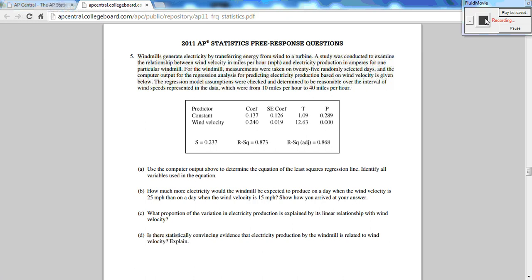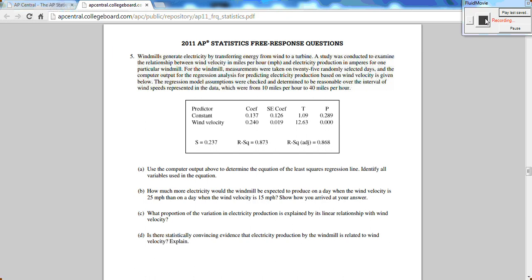a little surprised to see that so many people, despite having seen this question several times, had forgotten how to read this particular table. Now, if you are having trouble, there's a little section called Regression on the Computer on page 188 of your textbook that says the slope and intercept coefficient are given in a table such as this one. You can see that on the screen. It's almost identical to the one in the book. And it says, usually the slope is labeled with the name of the x variable and the intercept is labeled